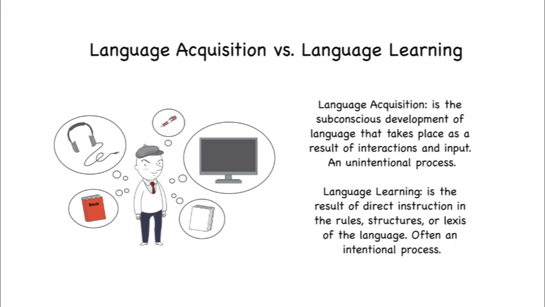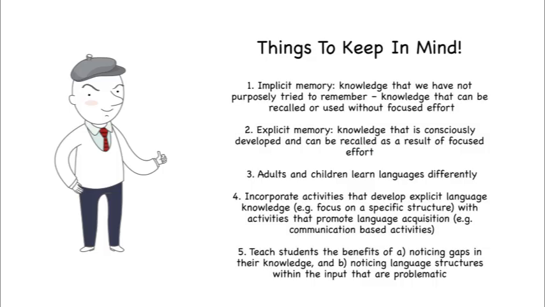Language learning, on the other hand, is more of a focused endeavor that requires a conscious knowledge of the forms and structures of the language. Here it might help if you think of a typical second language class where attention to form, structure, and explicit instruction is often given. This seems fairly straightforward, right? Exactly. But people still debate the merits of each for second language development. Now, this talk won't focus on that debate so much. Instead, I want to show you how both of these ideas can be combined to help teachers help their students